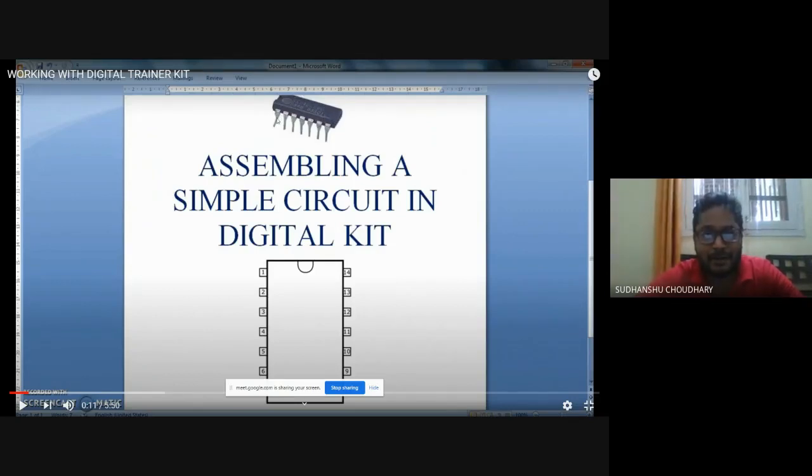So for example, between pin number 1 and 2, there could be one gate. Here is the picture of this IC, same IC, this one. The picture is represented here as a schematic. You will find that between these pins, pin number 1, 2, 3, gates are connected. Maybe an AND gate, or an OR gate, or NOR gate, or simple inverter. Depending upon which IC we are using, all ICs have separate gates. For AND gate, we have a separate IC. For OR gate, we have a separate IC.